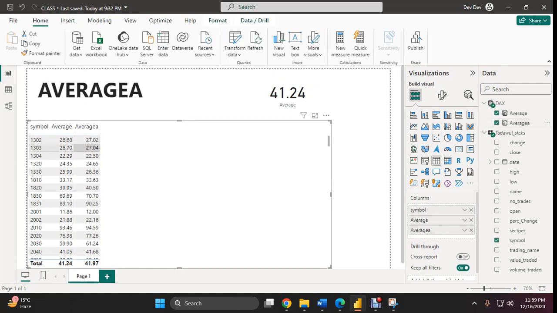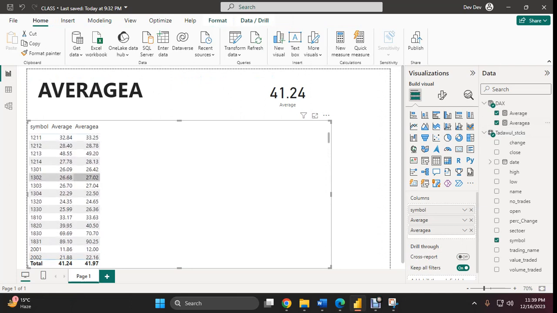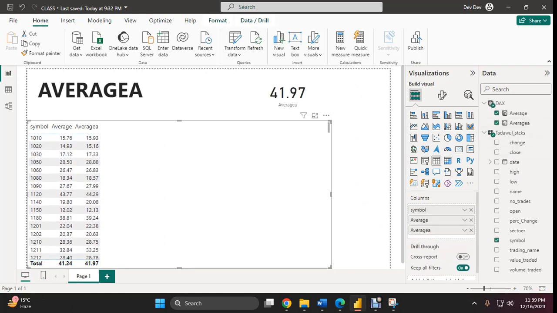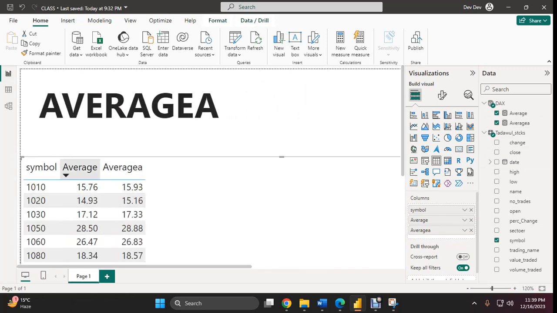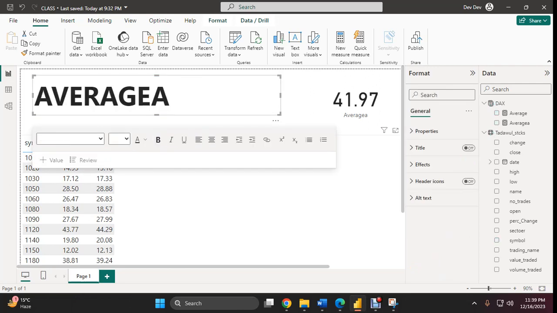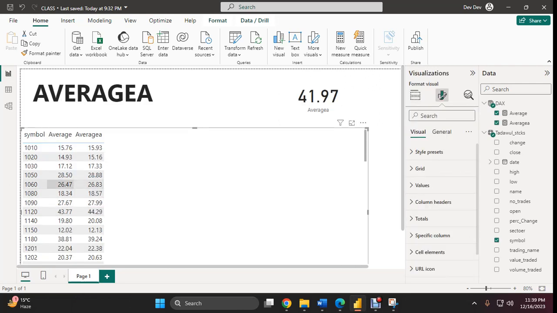And you can see that the function returns a value, and it's a little bit different between AVERAGE and AVERAGEA. You can see that our AVERAGE function shows 15.76, and the AVERAGEA function shows 15.93, because I think there are some blank rows that AVERAGEA also counts. So it's not a huge